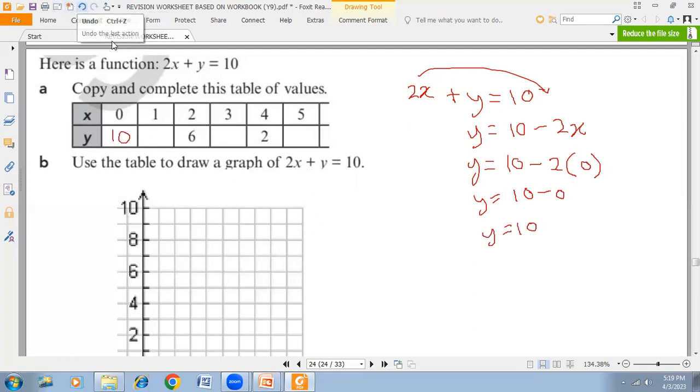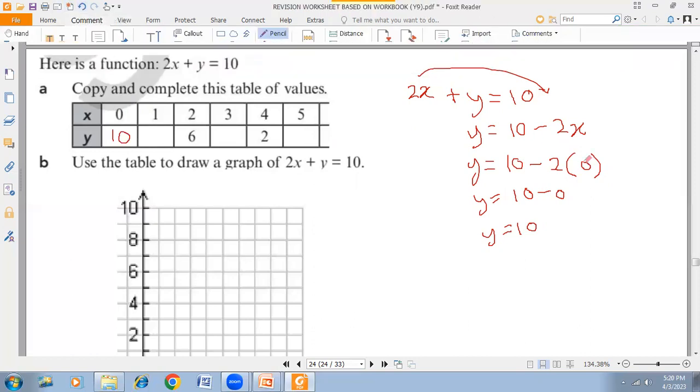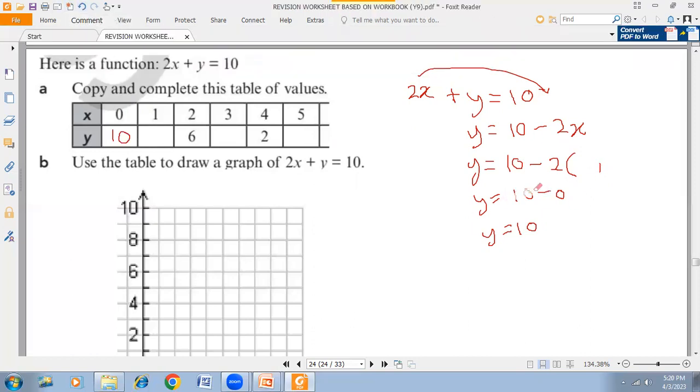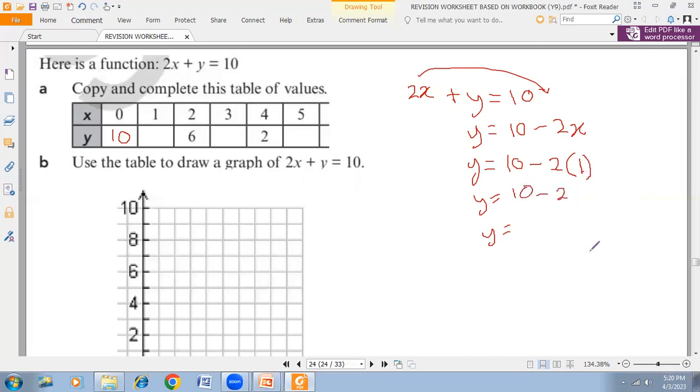So the same concept I'm going to use for x equal to 1 this time. Okay, x equal to 1. So first part, we replace x with 1. It becomes 10 minus 2 times 1, which is 2. So 10 minus 2 is going to be 8. So if we continue doing the working like this, it is going to be 10, 8, 6, 4, 2, and